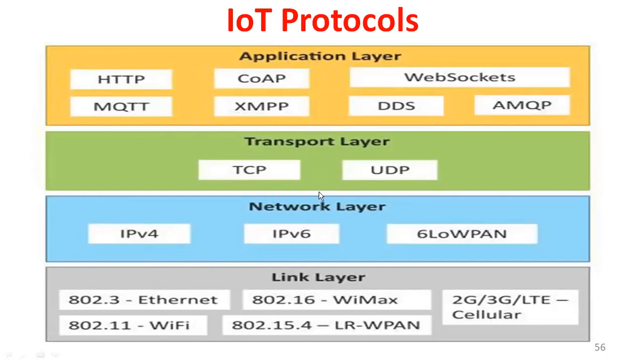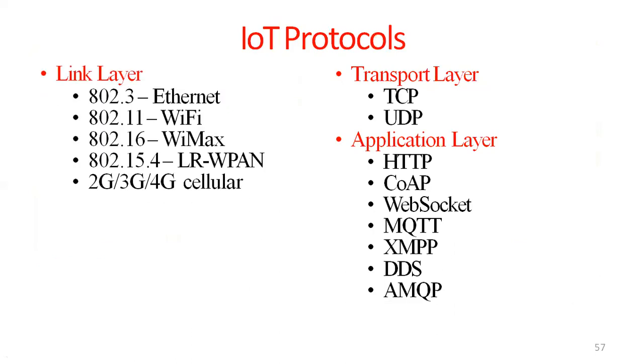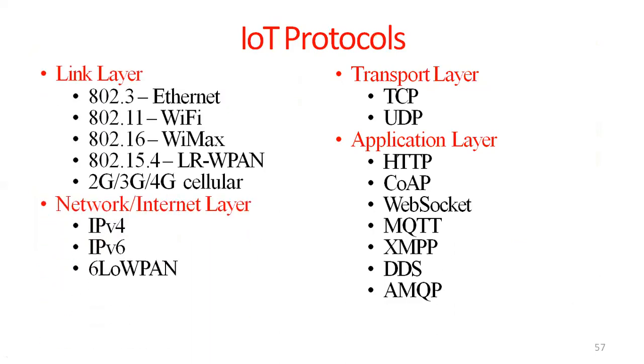Then network layer protocols, IP, that means performing the routing. For doing routing you will use different protocols, for IP addressing, which means sending data among the different devices. Then transport layer protocols, TCP and UDP, where TCP is the transmission control protocol, and then the application layer protocols. Here these are all the different protocols. This is the protocol suite of IoT.